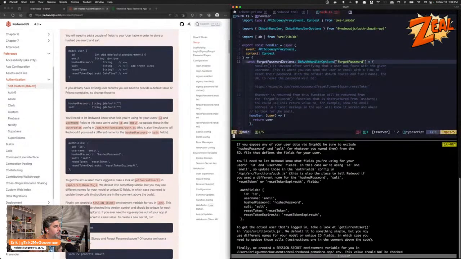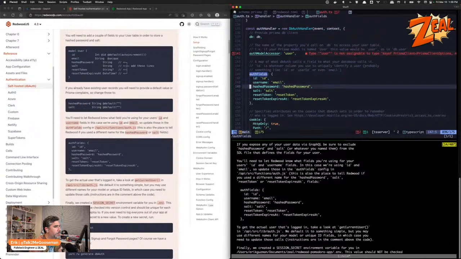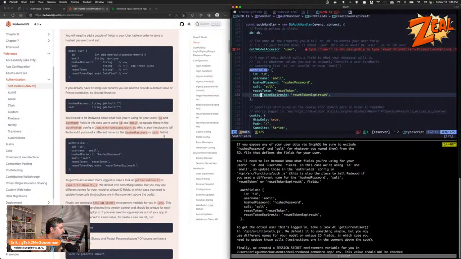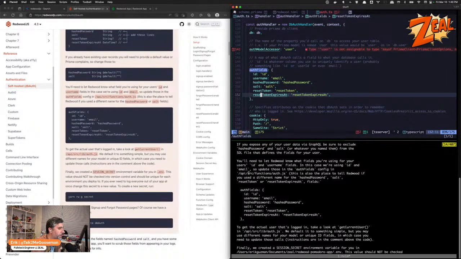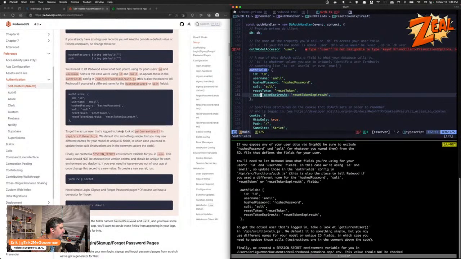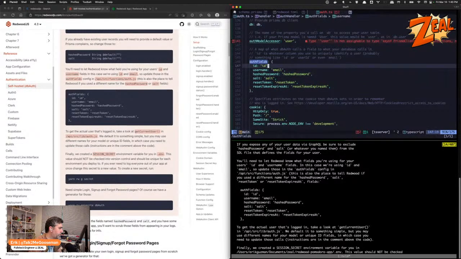Okay, so let's look at auth fields. So ID, username is going to be their email address, and sure, why not? Hash password, salt, reset token. Yeah, so we are keeping the email, so we'll keep that as the username. To get the actual user that's logged in, take a look at... So nothing changes here. I don't think anything changes here relative to